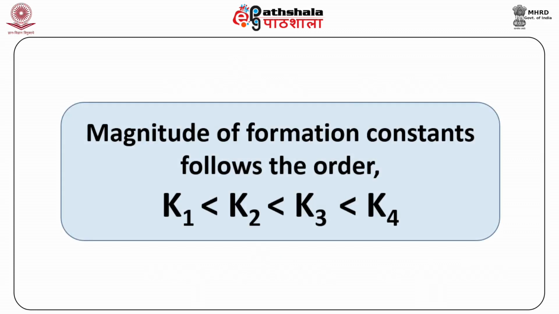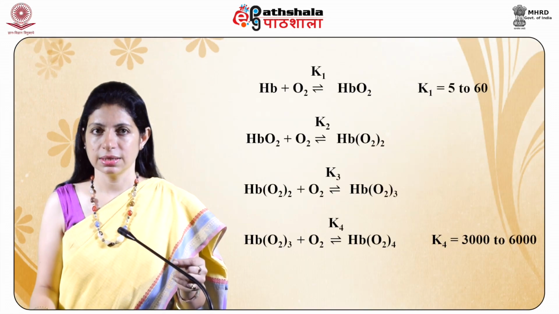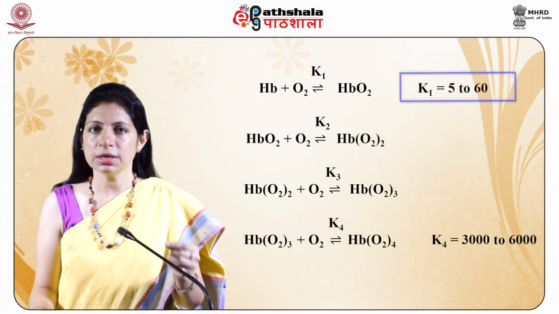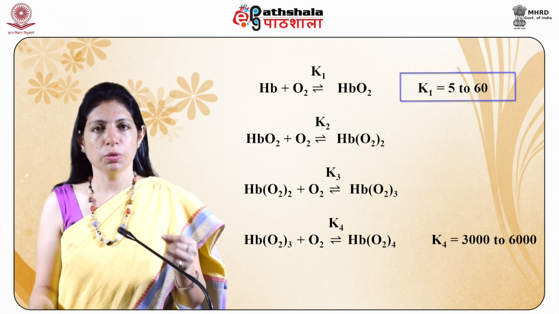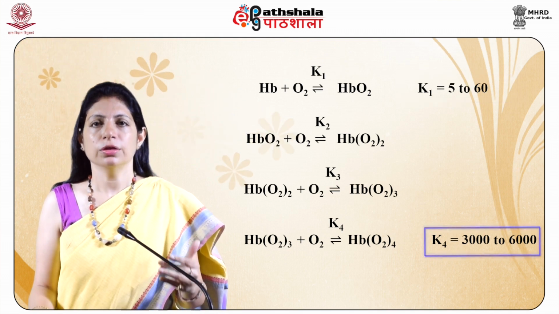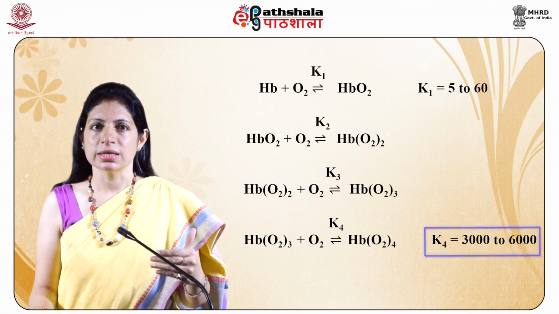The magnitude of these formation constants follow the order K1 < K2 < K3 < K4. That is, the binding of the first dioxygen is the most difficult and the fourth dioxygen is bound